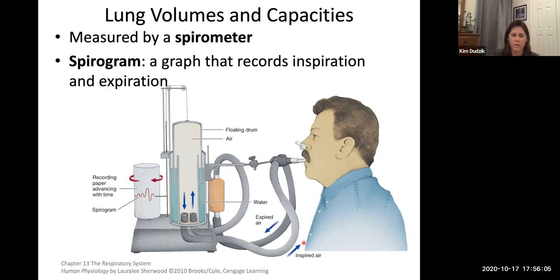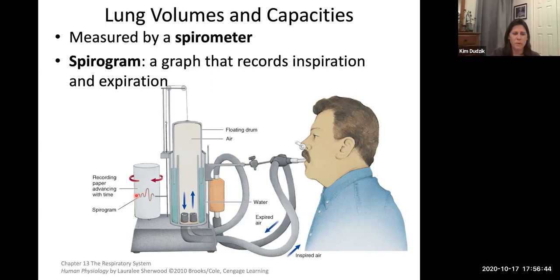it will go through different tubes. Inhale and exhale, there's a diaphragm in there that kind of switches it. And what that does is it moves this floating drum up and down by the amount of air that you're actually inhaling or exhaling. And then there's a little pin that's attached to it. You can see by a pulley. So as the drum moves up and down, that moves the pin up and down. And there's this wheel of paper that's rotating around. And so it's actually producing these waves of lines that's showing you, of course, when you inhale deeper and exhale deeper, the pin's going to move more, right?